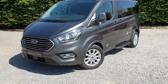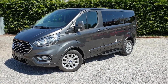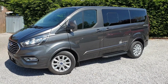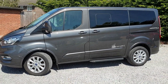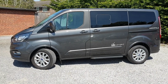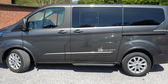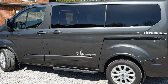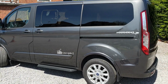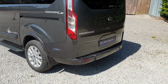Registered late September 2018. Ford manufacturer's warranty until late September this year. So 68 plate, and it's covered just 22,000 miles. This is a titanium series. A few standout features already. The extended wheel arches, the bigger alloy wheels, body colour mirrors, body colour bumpers, parking sensors on the front and on the rear of the van,